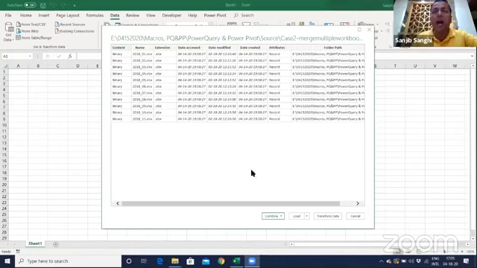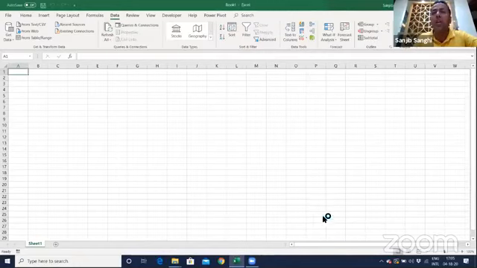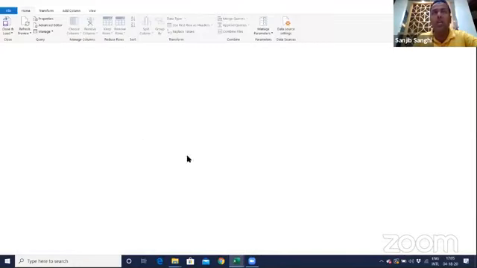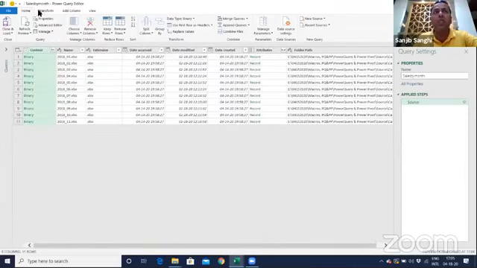How will I do that? There are 4 different functions over here. I can simply load this file, which is not what I want to do. I can combine files. Yes, this is what I want to do. Or I can transform data. Now, just to make you understand, hitting it is not going to work out here. As soon as I hit transform data, it's going to open my Power Query editor. And here, if I want to make any changes by applying any cleaning process, I can do that. But right now, I don't need any cleaning on these files. I want the data inside these files.